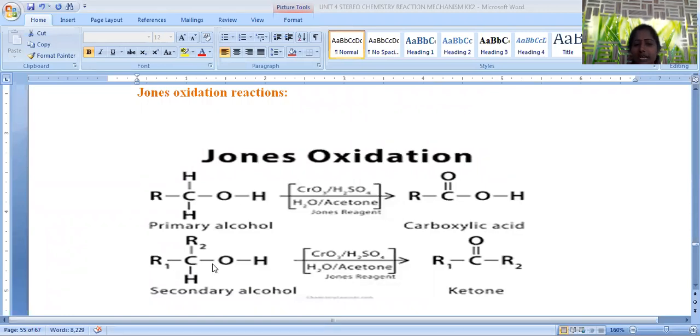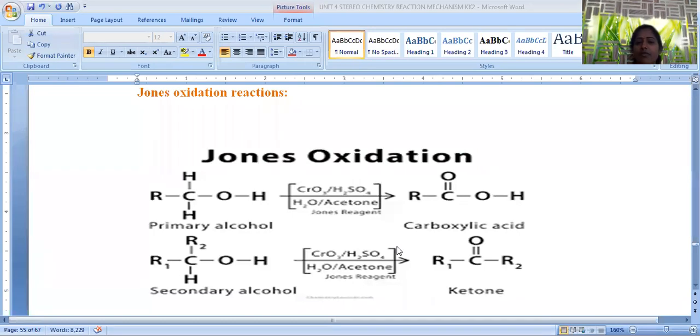When we are taking a secondary hydroxy compound, secondary hydroxy is nothing but a carbon attached with 2 alkyl groups, just represented here. Carbon containing 2 alkyl groups. So this is subjected to Jones oxidation. Here the formation of ketone. Products are exactly the same as camenophore oxidation, but the only difference is the mechanism of reaction and the type of reagent.